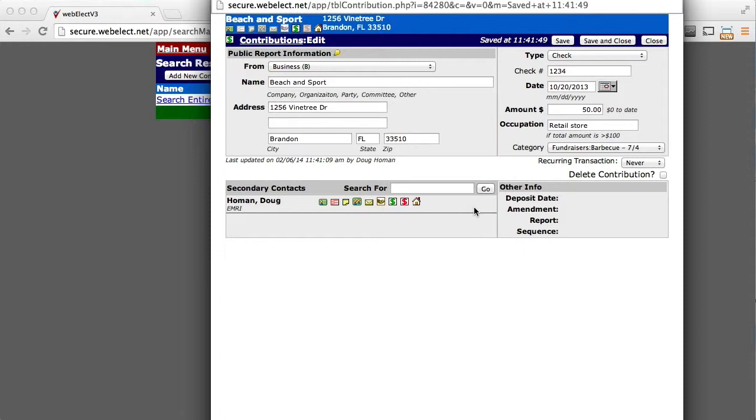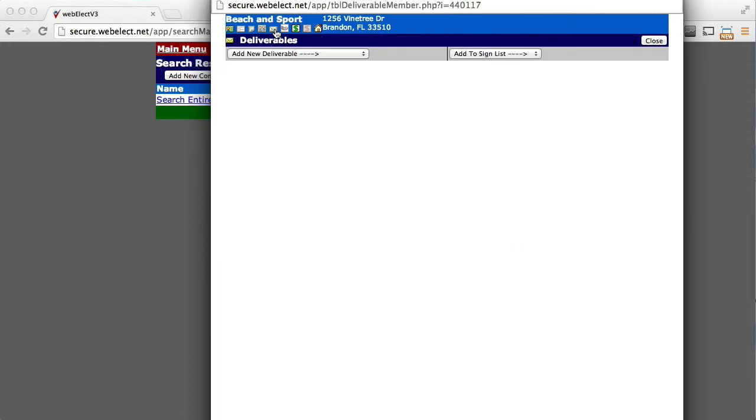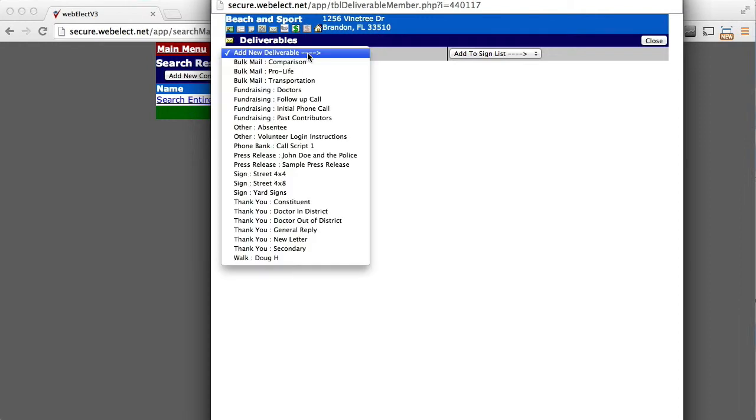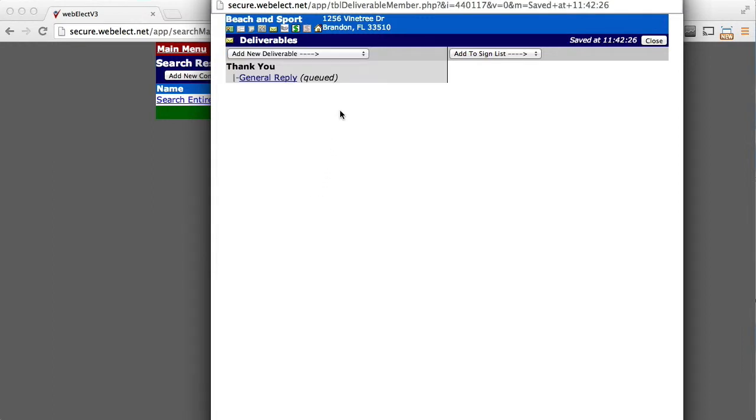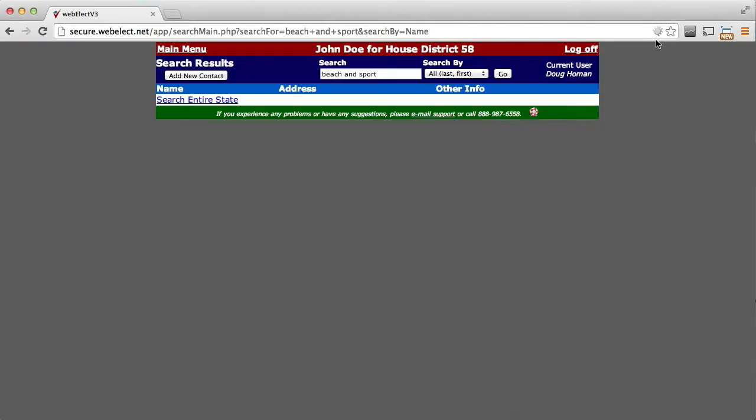After saving the record, you may want to use advanced features like our deliverables, where you can create different letters that you want to send to your different types of contributors. In this case, we're going to add this contributor to our general reply thank you letter, and they are in the queue indicating that they need to be sent the letter. That way, after we've entered contributions for the week, we can go and print the labels for each type of thank you letter that we have created. Now that we're complete entering this contribution record,